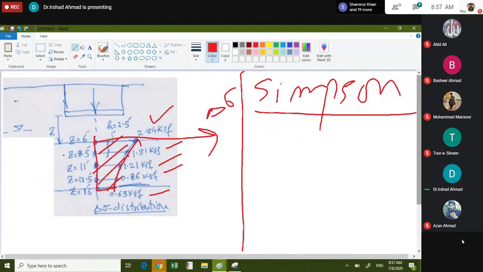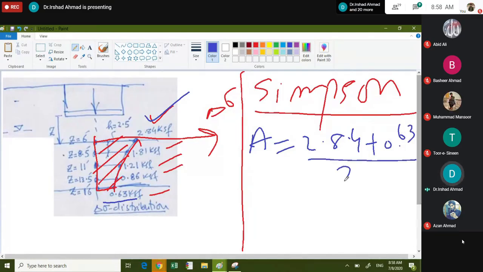What does it say? It says that area would be equal to, at the first and last ordinate, which is 2.84 plus 0.63,